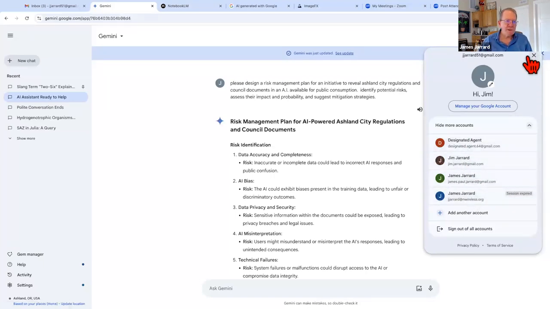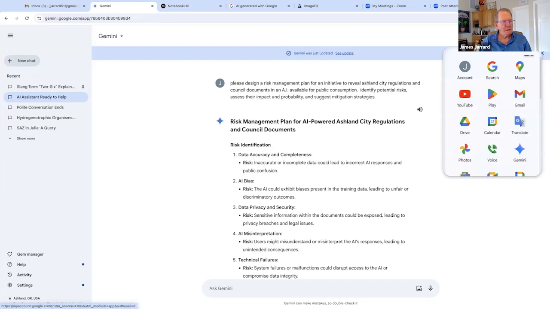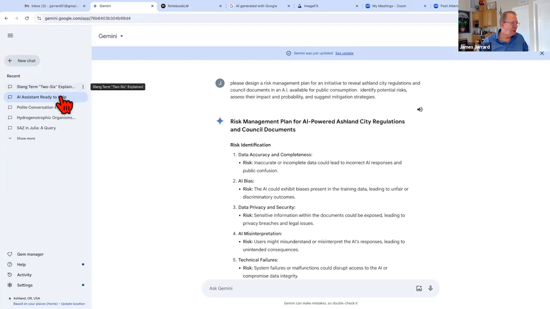So I could go sign in as those, but I'm signed in as this, jjarrard51@gmail. Here's all the Google. Notice here's what I've looked up before. It wants to sell me a $10 a month plan. And here's something that I've looked up.